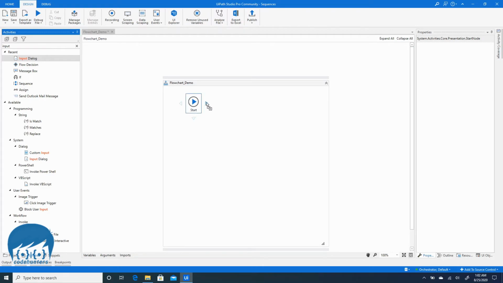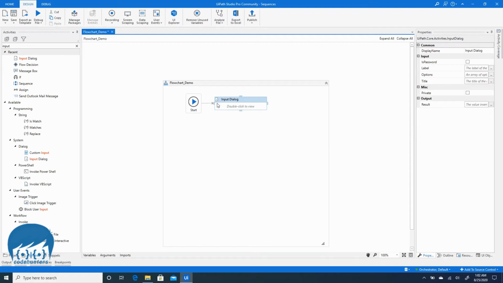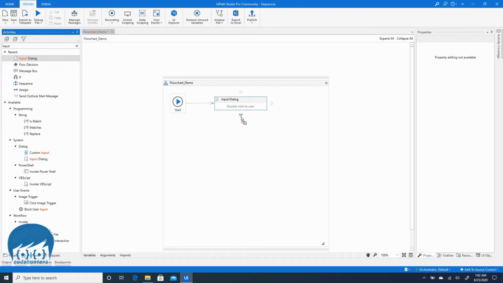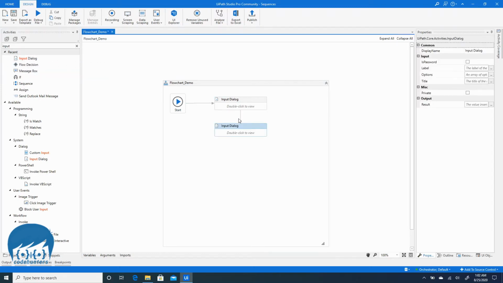So I will drop it on this triangle, and it connected the input dialog with this start here. To remove the connection, you can just select it and press the delete button on your keyboard. And then you can start from any of these four points and drag to connect it to the activities. I will bring another input dialog and connect it to the previous input dialog.